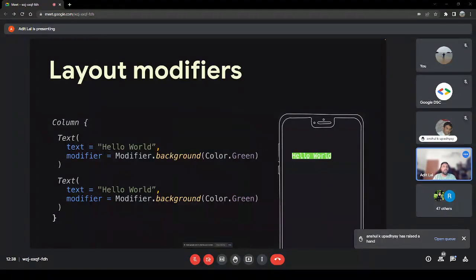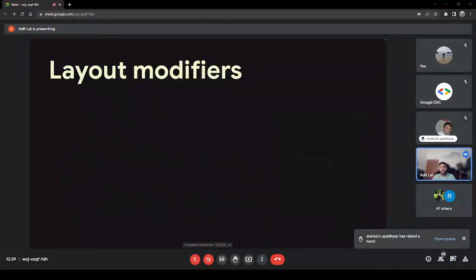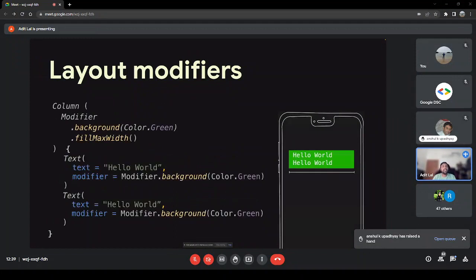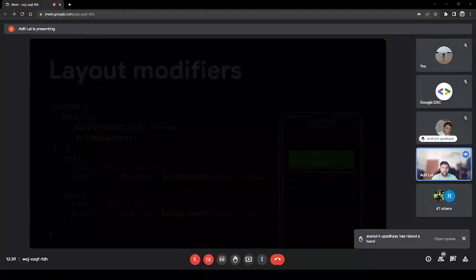Which has two hello worlds, but with different colors. Now they're literally the repeat of themselves. So I've taken a column, I put two text views. I think in my slide, it is just broken. Sorry, this is how it should look like. But imagine instead of putting the background in each of those text views, I want to change the color of the column itself, correct? If I have something like this,